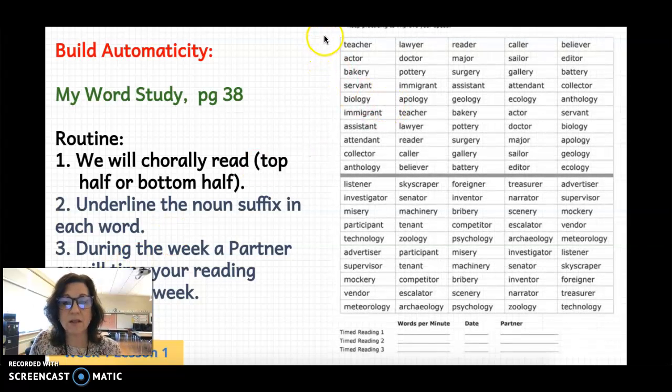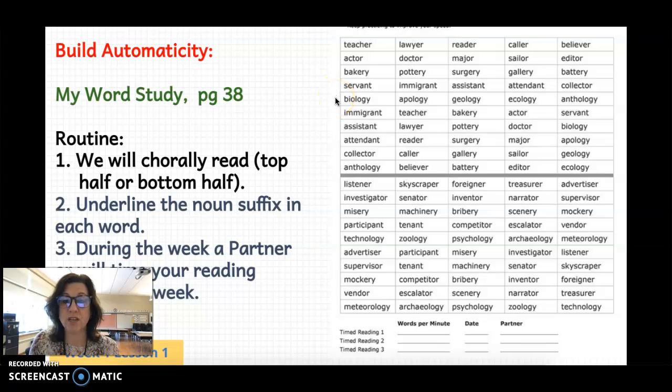All right, and I'm going to start at the top. Okay, so, ready? Here we go. Oh, and we will read left to right. I'm going to read left to right. So, here we go. Everybody ready to read? Teacher, lawyer, reader, caller, believer, actor, doctor, major, sailor, editor, bakery, pottery, surgery, gallery, battery, servant, immigrant, assistant, attendant, collector,